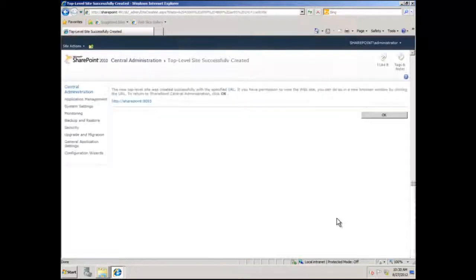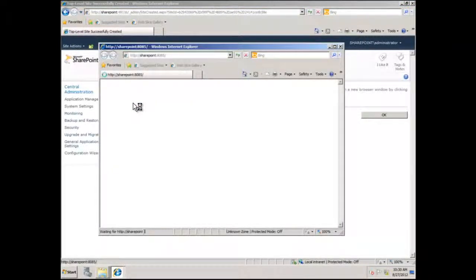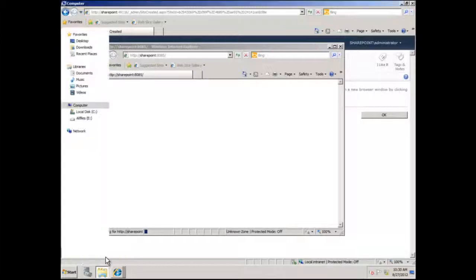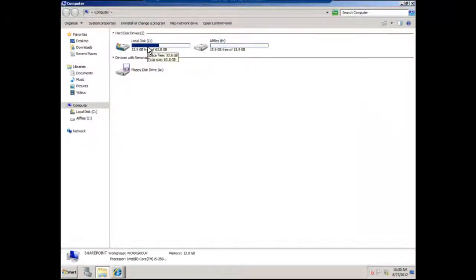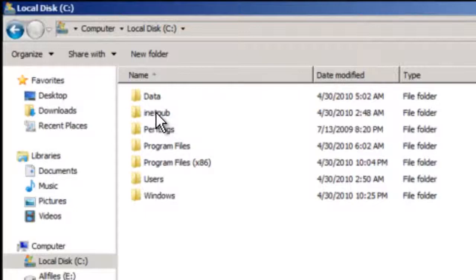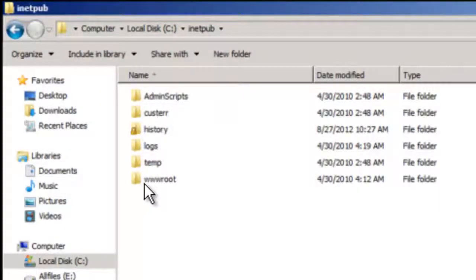Now, all of that site collection data that we just created does not exist on the SharePoint web server. That site collection data and that site template only exists inside of the SQL Server database. Now, if we click on this link, that site will load up. But while we wait for that site to load up, let's go take a peek at the file system. I'm going to go to the C drive and go to inetpub and then go to wwwroot